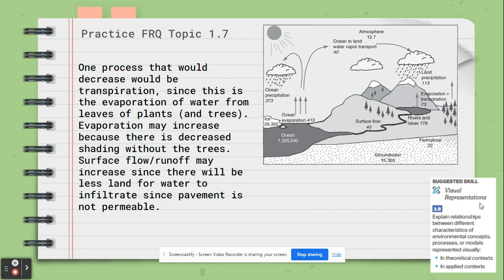With decreased shade comes a lot more heat, a lot more evaporation happening. We may also see an increase in surface flow or runoff, because when we put down pavement, that is no longer a permeable surface. So we're going to see probably a lot more flooding, a lot more surface runoff, because that water can't